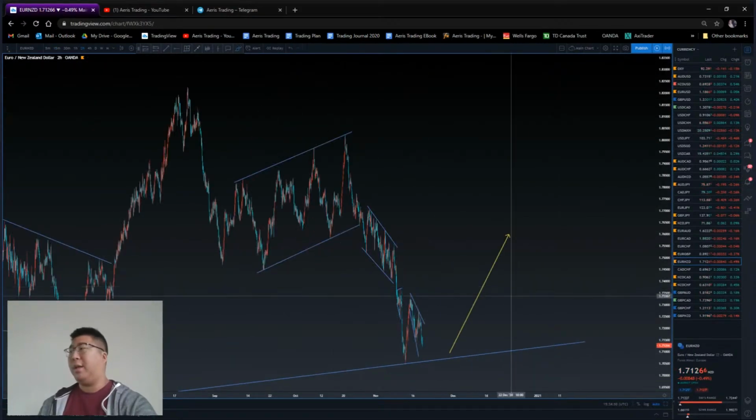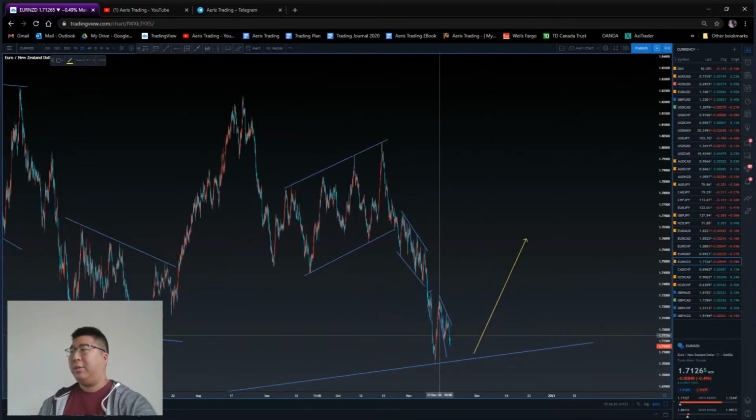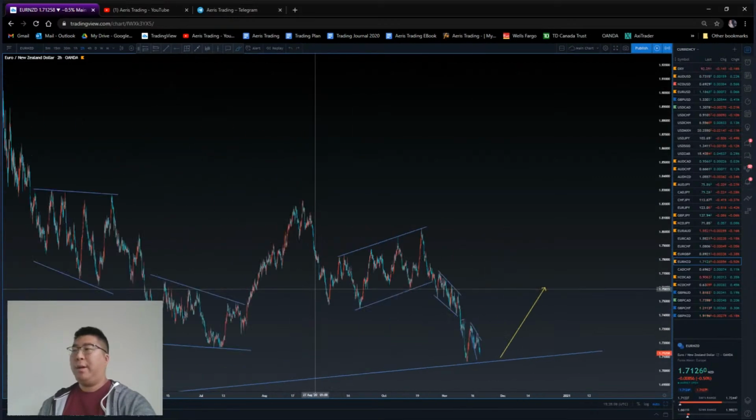You just have to have a plan, and you can't just see something happen and then react to it based on emotion, right? It's not going to work out for you in trading in the long run. You need to have a plan. You need to have a forecast. You need to have a decision already made. If price does this, then does that, so when it happens, you're more prepared for it emotionally, and you're going to execute trades without any doubts,